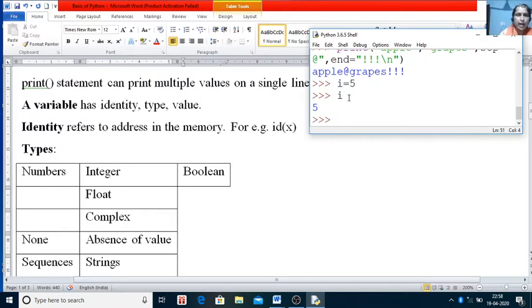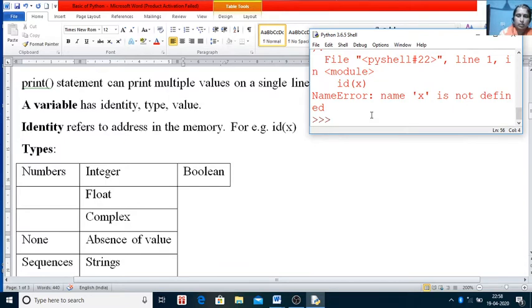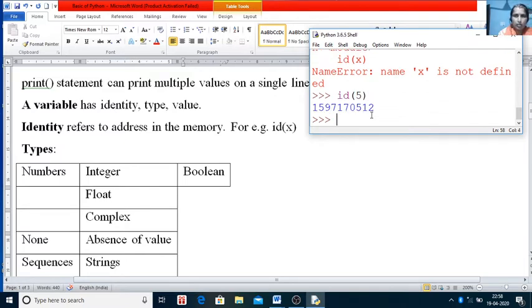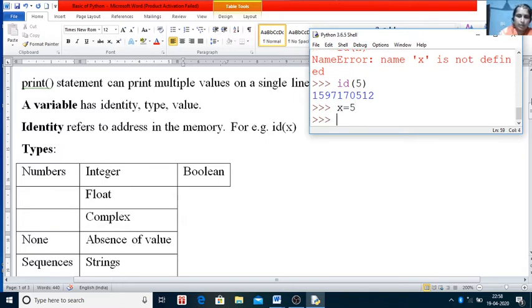Now there is an identity. Suppose I want to check its identity. I can write it here: id(x). Suppose x is equal to 5, then id(x). This is the memory address where it has been